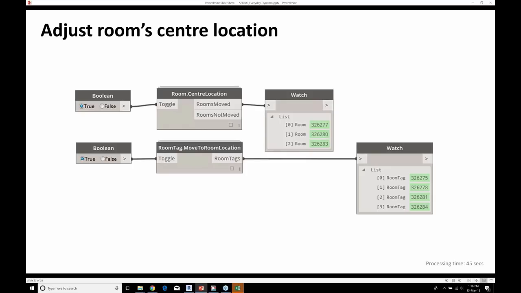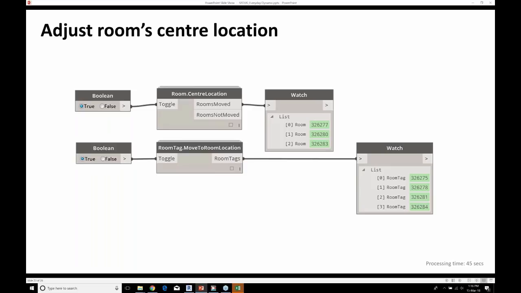I'm not sure why Revit doesn't have a feature like this already, but if you're going to use the tag all command, it's going to tag an element, in particular a room, where the crosshairs or the insertion point was. So ideally what we want to do is center the room first and then tag the element. So we have two nodes here that I've bundled together.